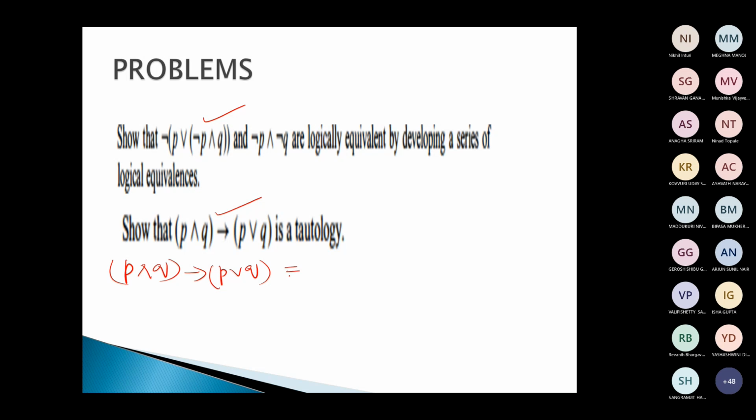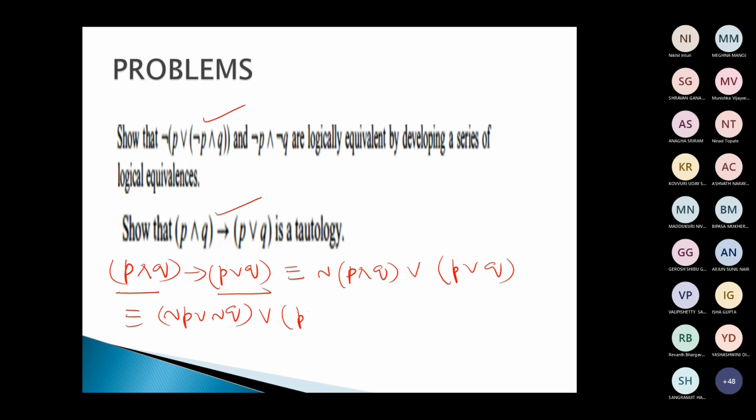So this is equivalent to, how is this looking like here? This is looking like some P and some Q. P tends to Q. So what is P tends to Q? Not of P or Q. Clear? Is this point clear? Yes, ma'am. Okay, so not of P and Q is not P or not Q